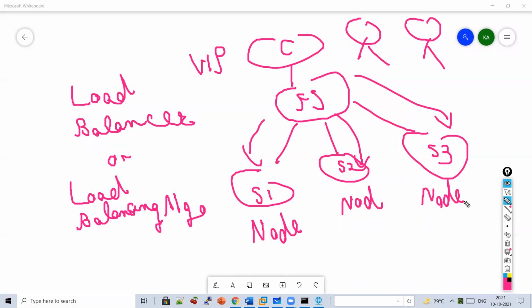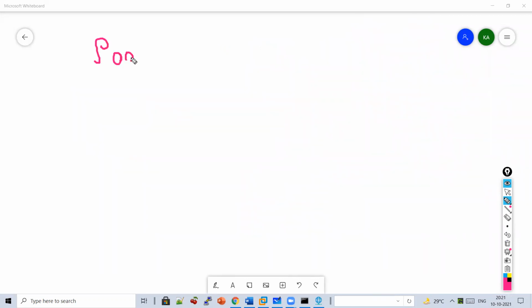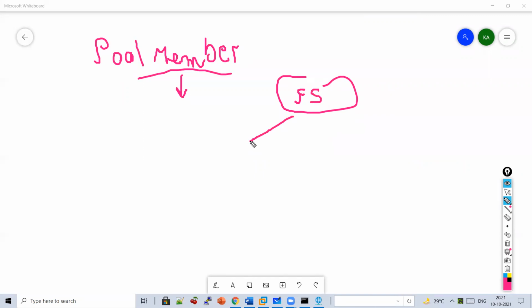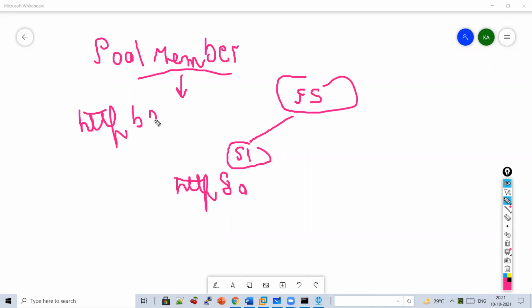Now the third term which comes into the picture is pool member. Let's say I have F5, I have server 1, listening on port 80, and the application hosted is HTTP. My requirement is to load balance HTTP based applications.